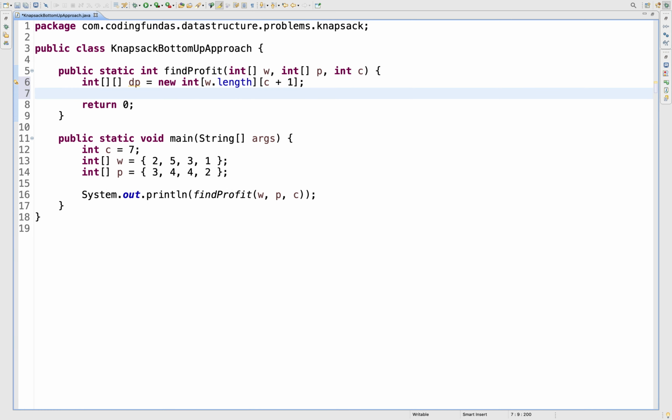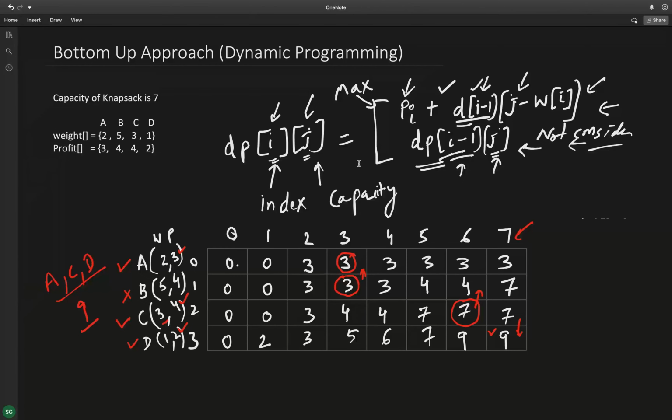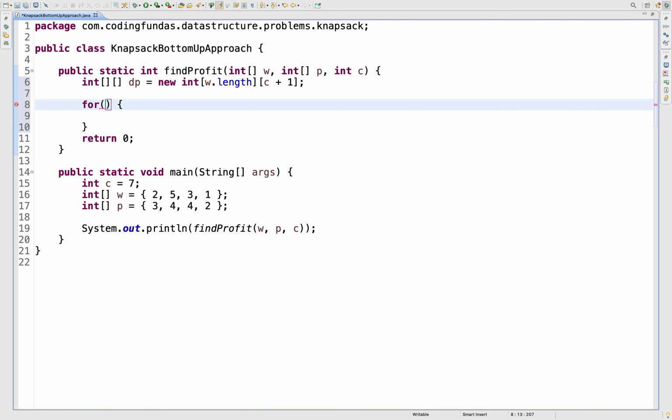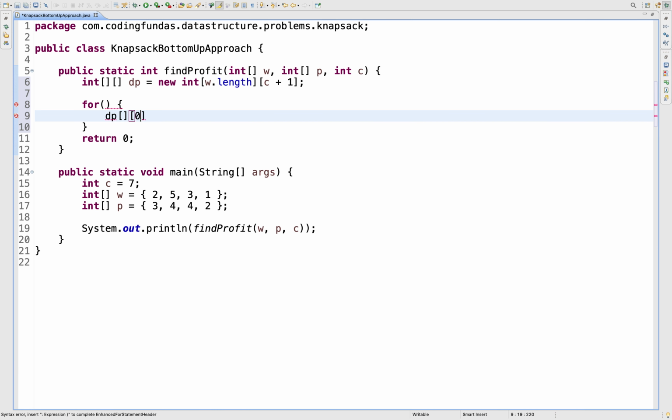Now for the first column I fill this with zeros, because with capacity 0 there is no profit. So here also I need to fill the first column, right? So our column value will be fixed and our rows will be varying.